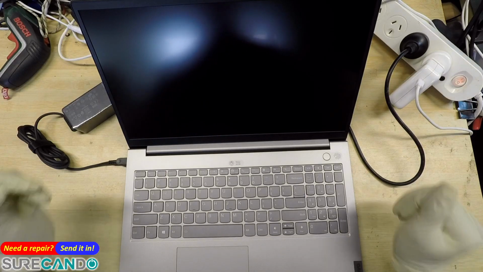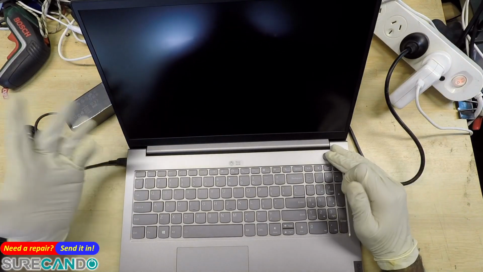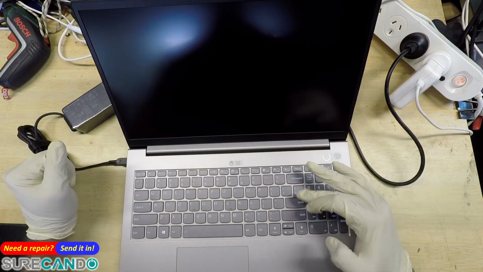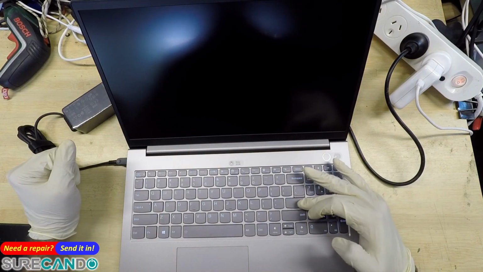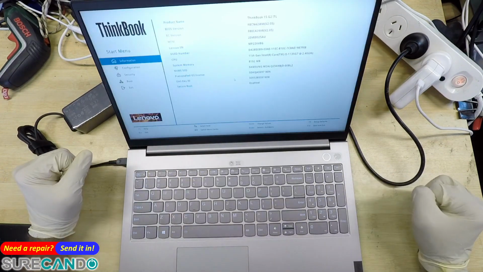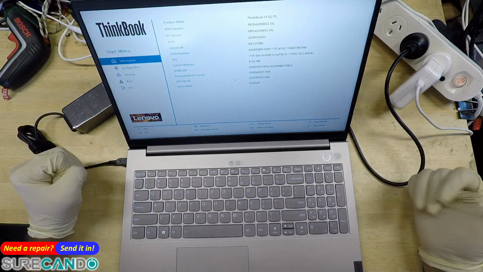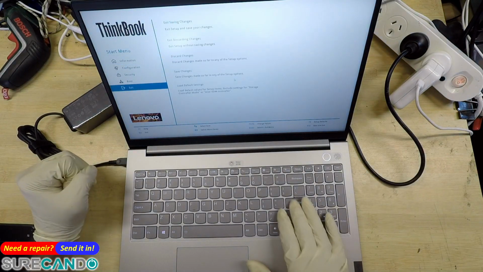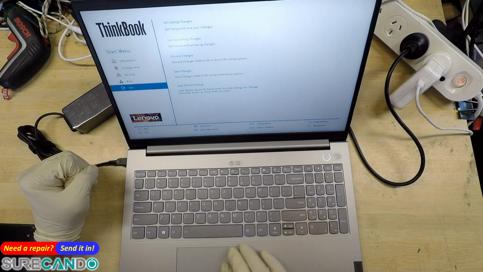I'll show you how you can get into BIOS two ways. So first way, from the cold boot, turn it on, tap the enter key a few times, and choose F1 to go into BIOS. There we go. And the other way is, if you sometimes cannot get into this boot menu option,